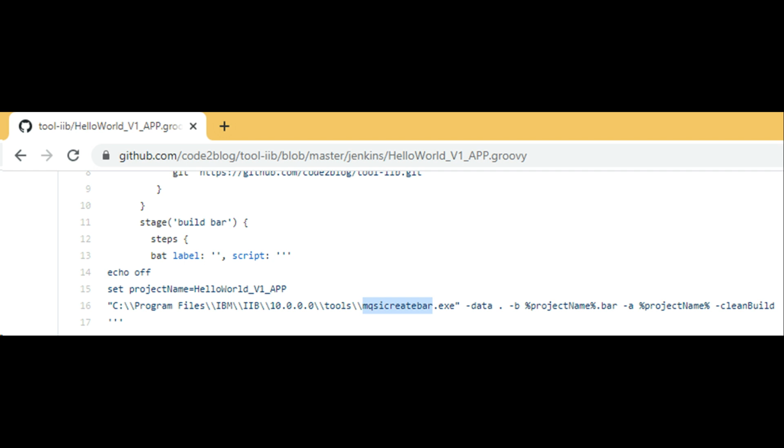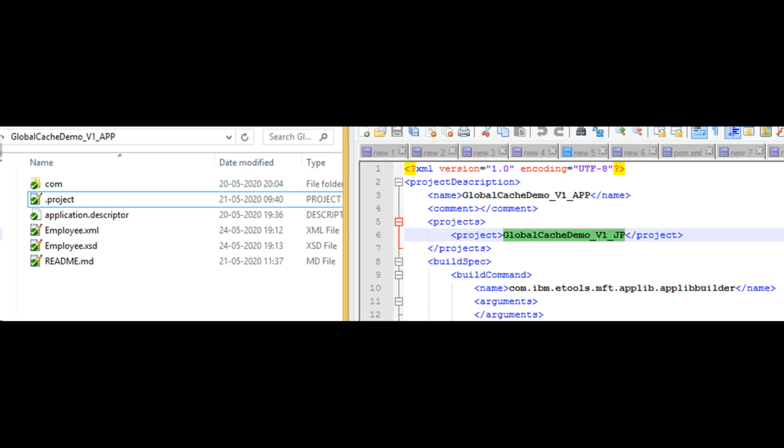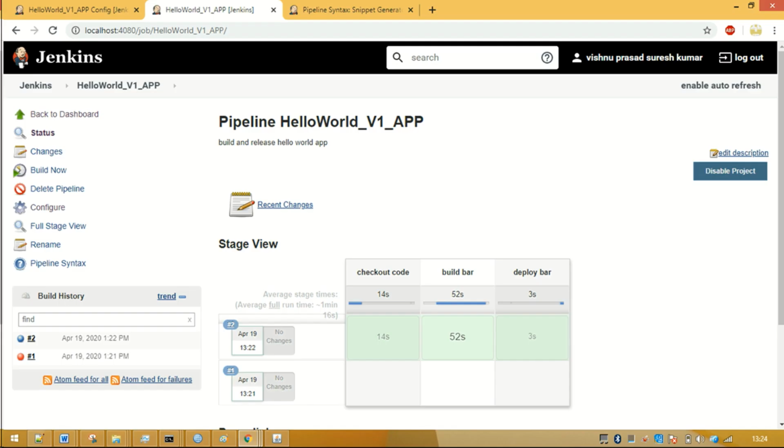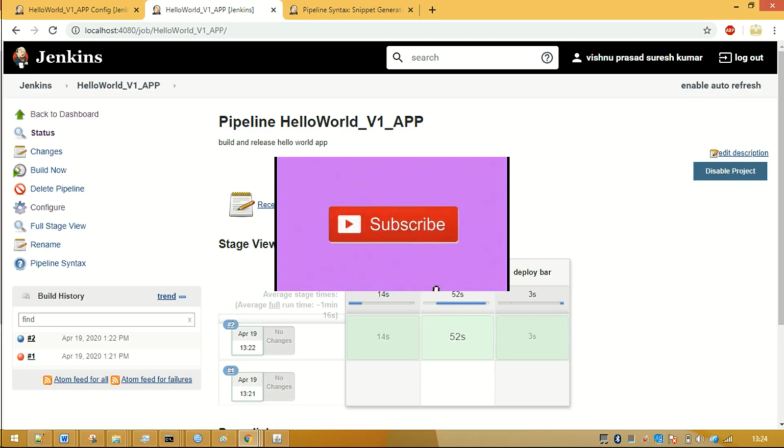Okay. So to automate this, the commands you have to use are: there is an MQSI command to first create a workspace, and then build your bar, package bar, where you provide the dependent project files, then with the -w option. After that, you have to use the MQSI deploy command with the TCP link or the host name and port number of your remote dev server.